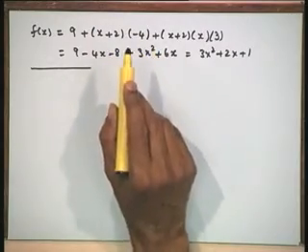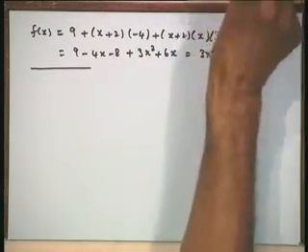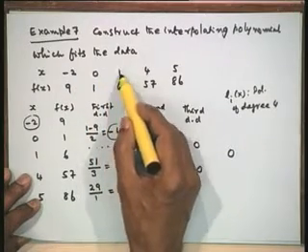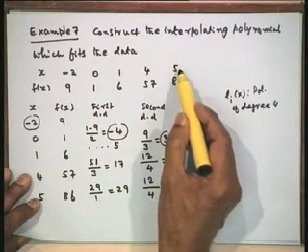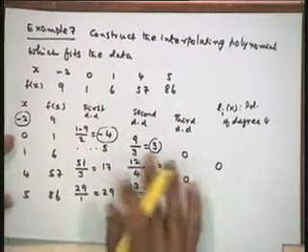So far, we have discussed the case when the data is not equispaced, it is arbitrary data. If you look at this example also, the difference between these two values is 2, this is 1, this is 3, this is equal to 1. Therefore, the spacing between the abscissas was arbitrary. Now, if the spacing between the data points is equal, that is equispaced data, then we can further simplify the Newton divided difference formula and get a formula which is much more convenient than even the Newton divided difference. As it is, Newton divided difference can also be used for the equispaced data. However, as I said, we can construct a still simpler formula than the Newton divided difference.